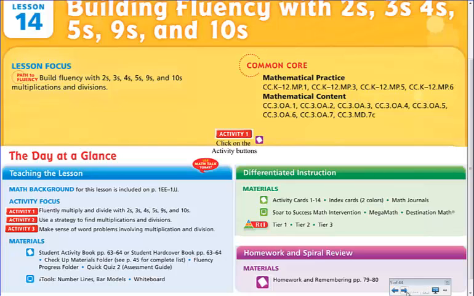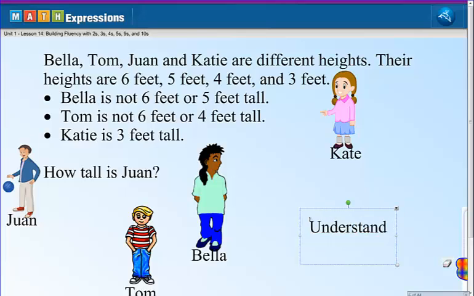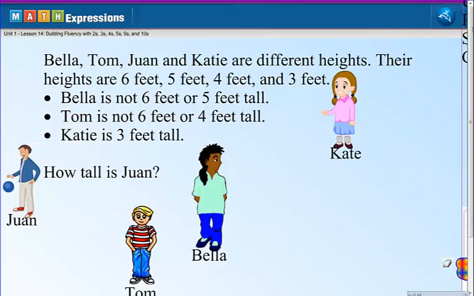Word problems seem to be the part that we're struggling on the most, but let's make sure we have the process down. First of all, understand the problem, then plan, then solve, then check. That is our four-step process for problem solving. So let's go right into this problem that I've already set up, and we're going to check for understanding, plan, solve, and check.